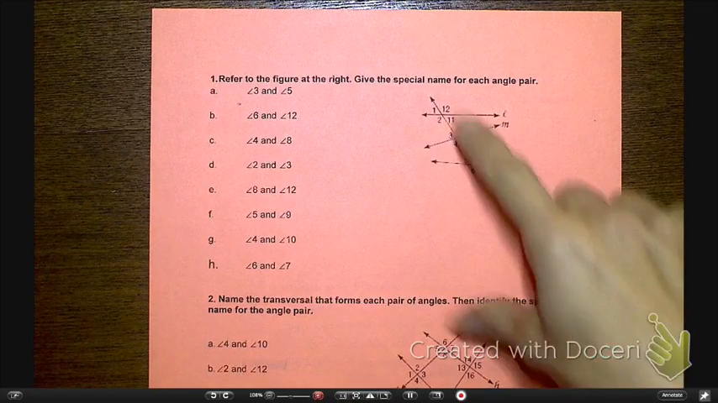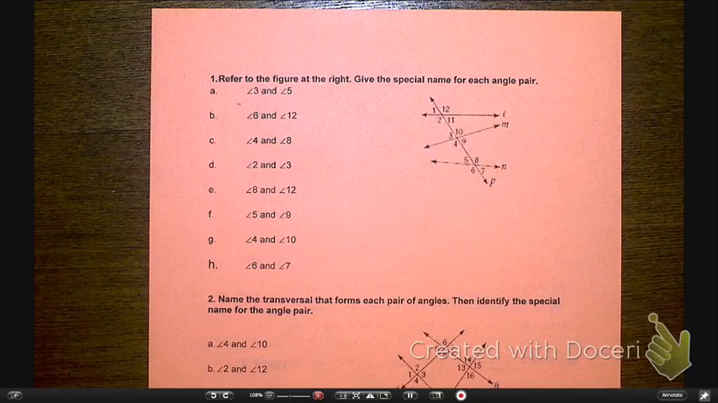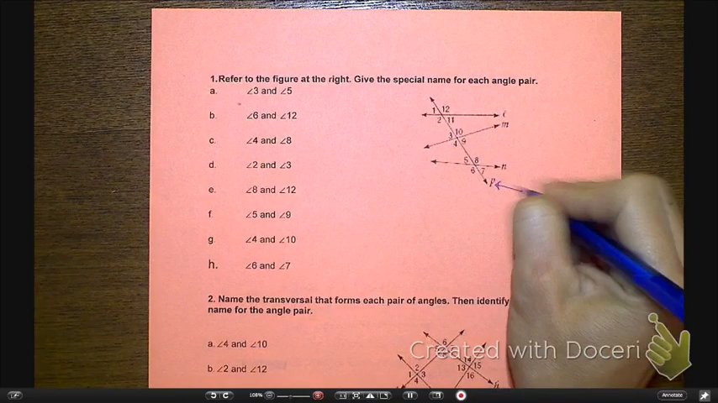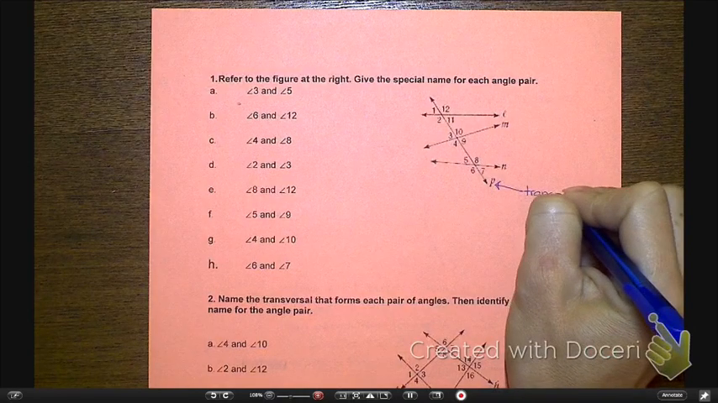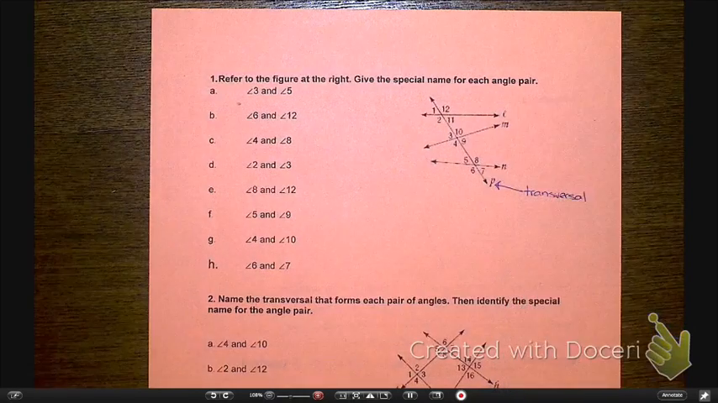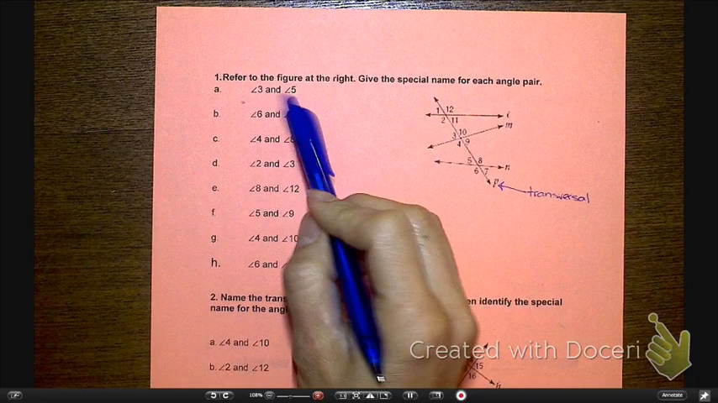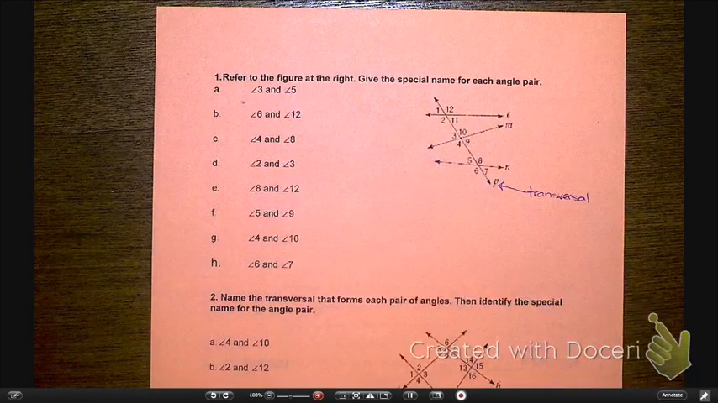Now, when I'm looking at this diagram, what's the transversal in this diagram? Which letter line? Is it L, M, N, or P? What's the transversal? P, right? So this is your transversal here, okay? All right, now we're going to look at each angle pair, and we're going to give the specific name for